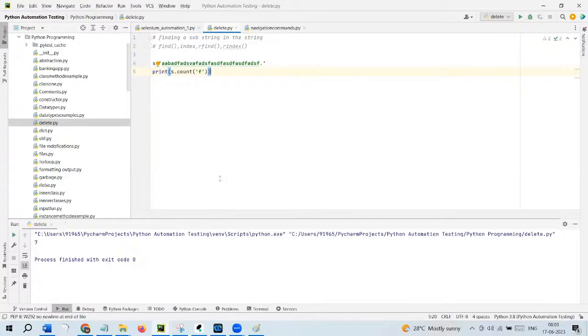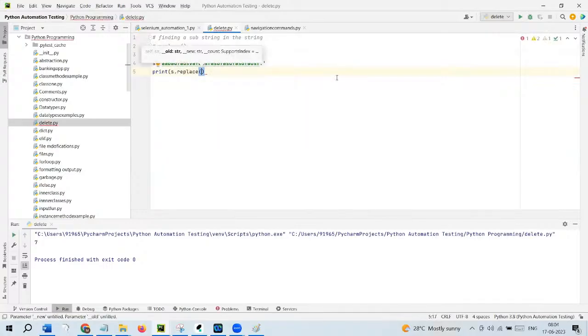Okay. The next function is the replace function. How to use the replace function? What is the word meaning of replace? We already know, right? In generic English, we can replace one string with another string. Okay. Now I want to use it on the same string. Print s dot